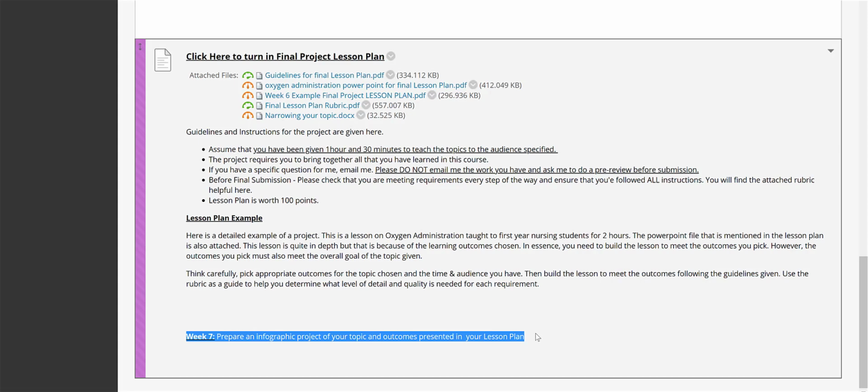I'll post a video about that in the week 7 module folder, so please do go ahead and check that out. But in the meantime, start thinking about that so that you can go out and actually see what PictoChart has to offer as far as infographics. And you can start thinking about how you're going to take your week 6 lesson plan topic and move that into a visual graphic that's nice and condensed,